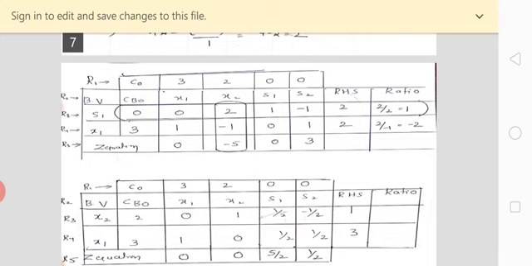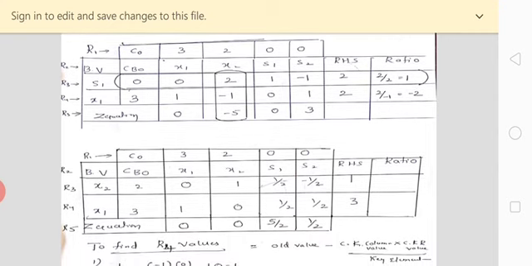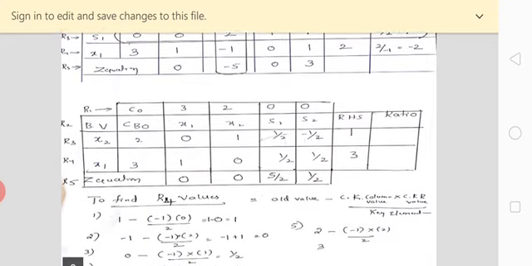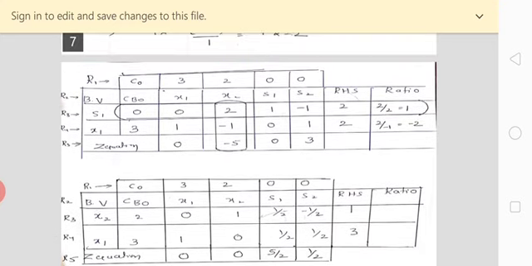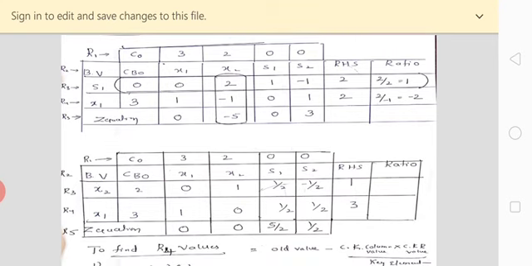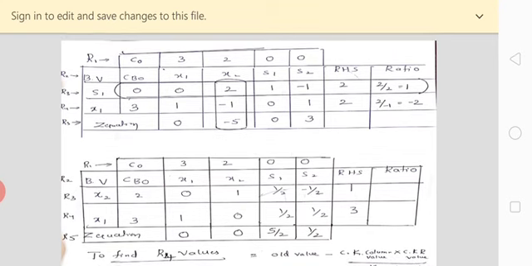For the key row, you need to select the least non-negative value. For the key column, you need to select the maximum negative value. Here the non-negative value is 1. Then that entire R3 row, or the S1 row, becomes the leaving row, whereas x2 becomes the entering column. Now I am going to replace that. Just observe here, the coefficient of the objective function 3, 2, 0 will be there. Under the basic variable column, S1 will be replaced by x2 now.